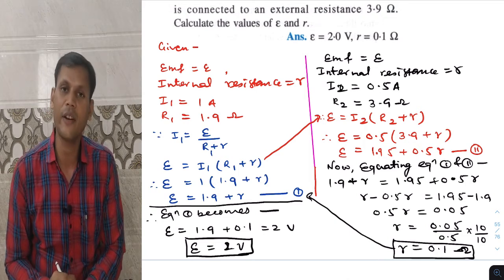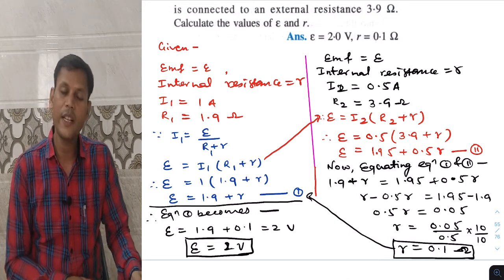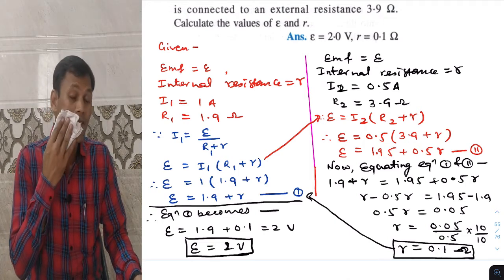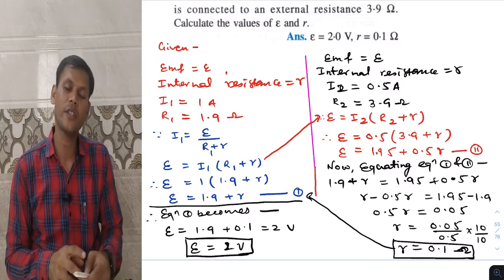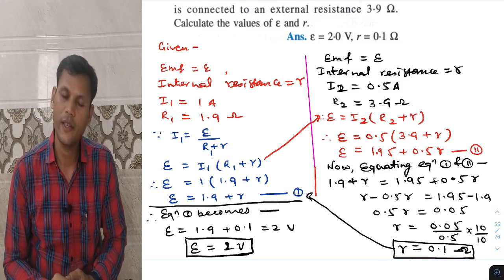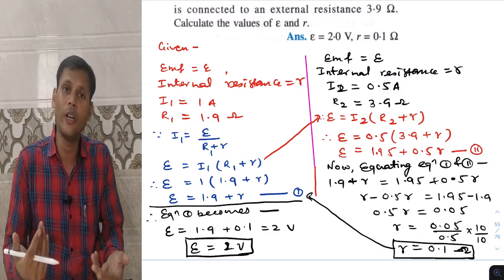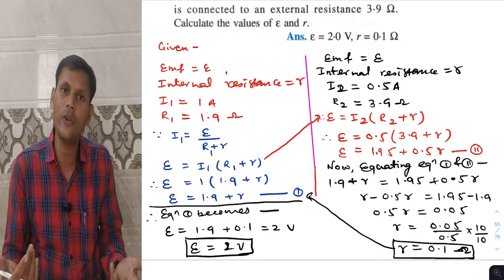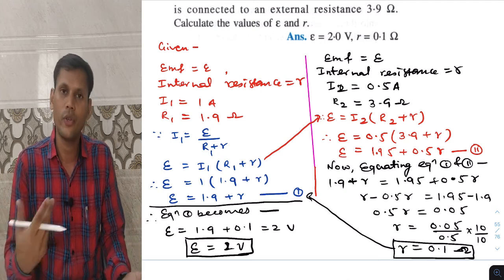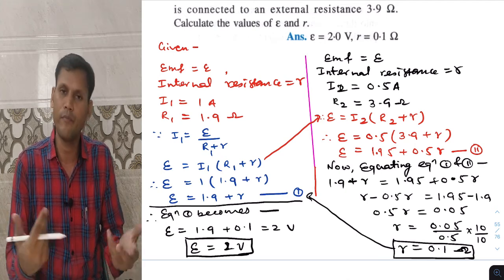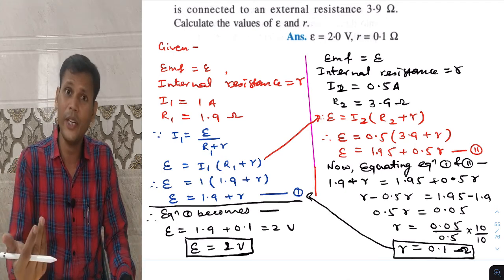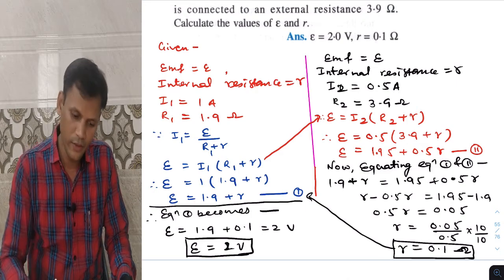This question is very interesting. What we did in this question is we made two different equations and solved them simultaneously. I did it by comparing, but you can also do it by the simultaneous method, the mathematical expression. So you can get the answer both ways, whichever is convenient for you. The calculation part, you may proceed.